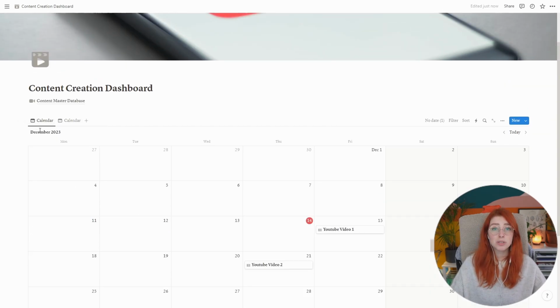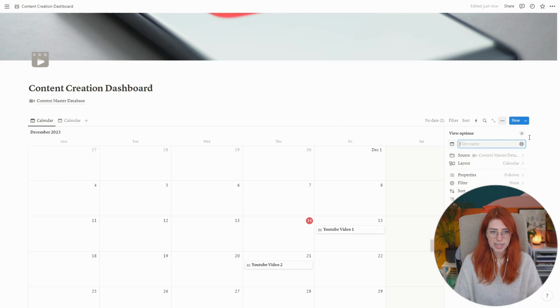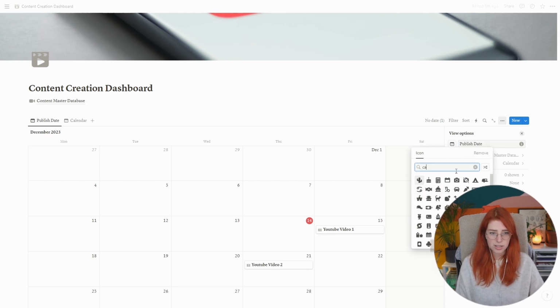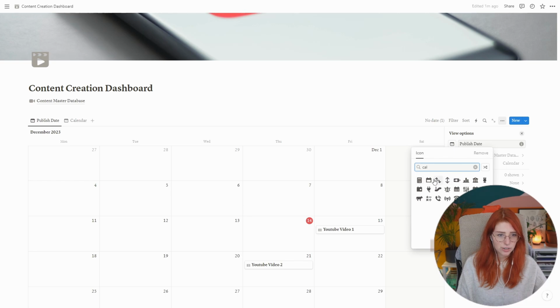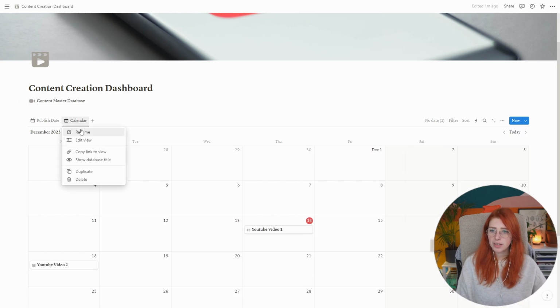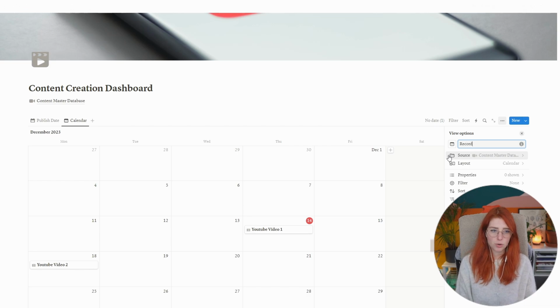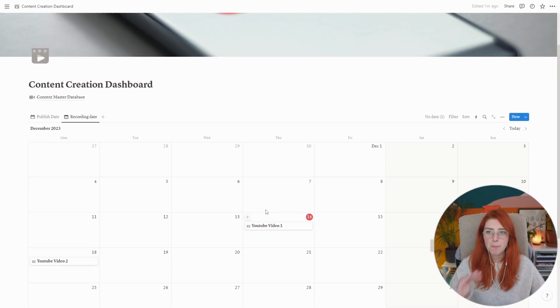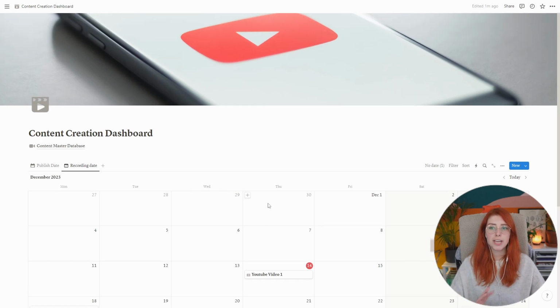If you want to be able to easily distinguish which calendar is what, you can click on it and you can select rename and you can do publish date. And maybe we can even change the icon again. So let's actually get a calendar in here. Let's get that one there. And then we can rename this one to be recording date. So now you can already kind of see this is a very bare bones basic version of a content creation